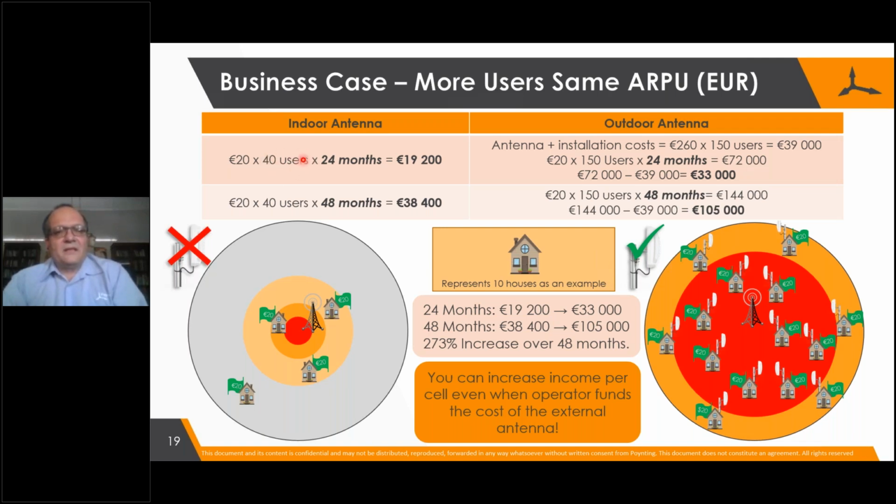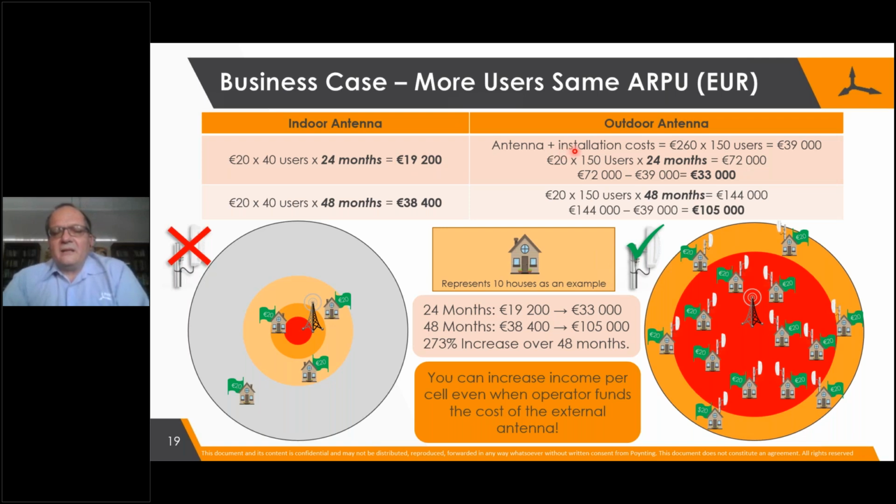I've spoken to operators here that start offering specific fixed wireless packages. And you must remember this is just additional to the coverage they provide to mobiles. And they're often restricted to this type of number per sector, in other words, per cell, because they know that any more would start bringing the cell capacity down and the experience down. But over a 2-year contract, this is the revenue that they will earn on the left-hand side from that